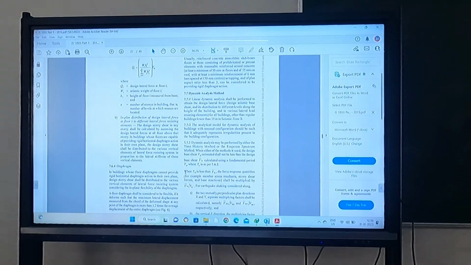Okay, it means it is saying whatever result you are getting using dynamic analysis method. Dynamic analysis means that response spectrum method is also one dynamic analysis method. So whatever you get by using that method in software, that should not be less than the VB bar given by the fundamental period, meaning using the code based formula. Okay. So this VB bar is that one what you calculated just now, 2000 something. And VB is the one which is given by the software. Okay, so you are comparing these two, that VB should not be less than VB bar.